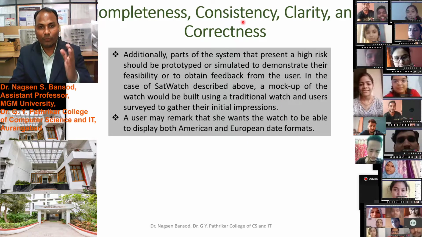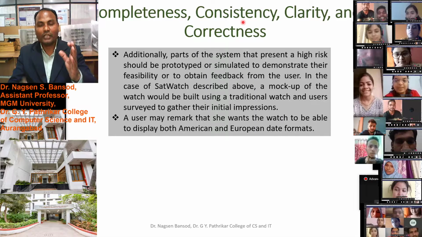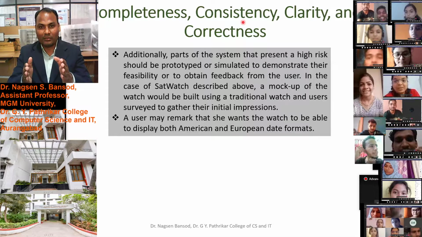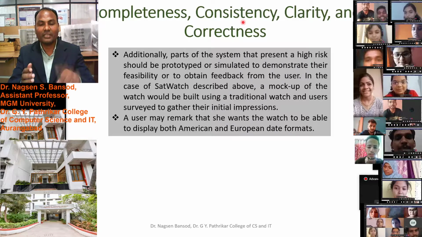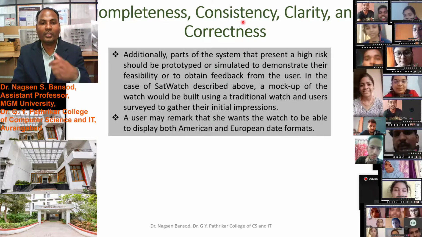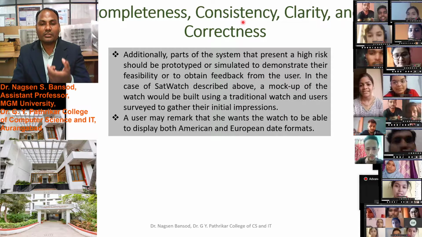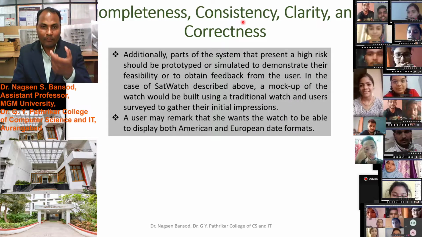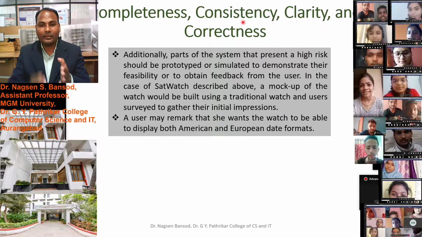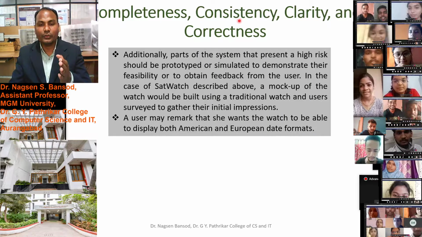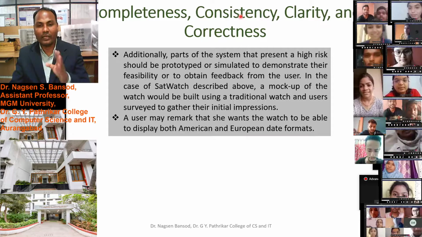Consistency: there should not be any break according to the customer's needs. Therefore you have to understand the customer's and user's problem accurately, and this consistency you have to maintain at that level only.